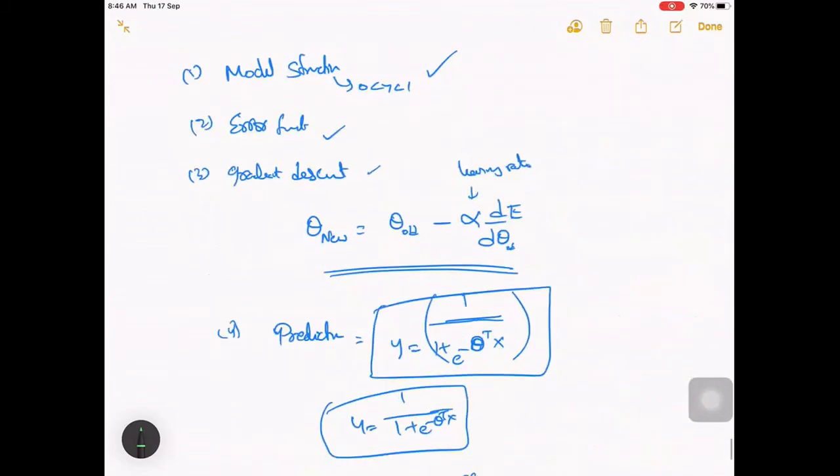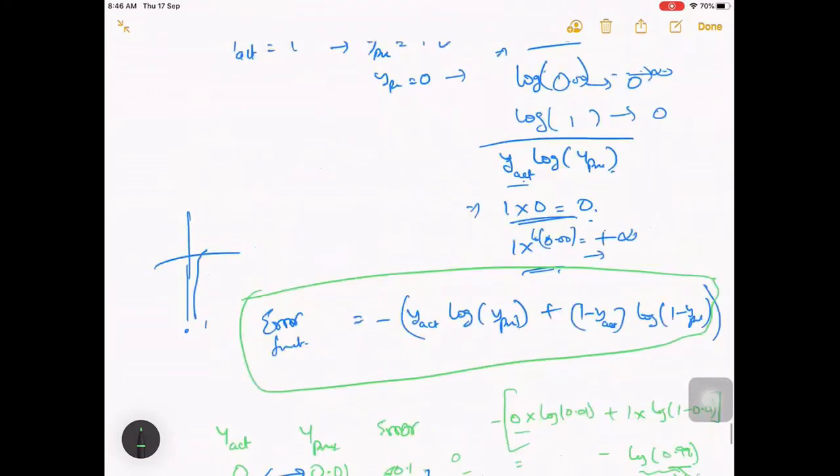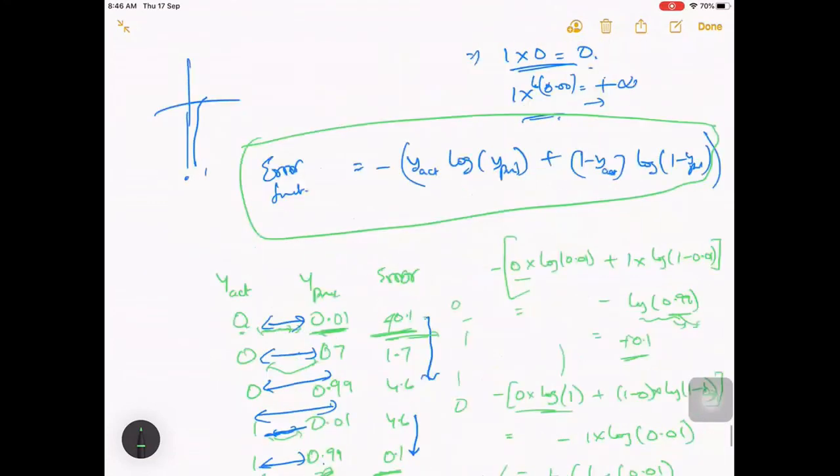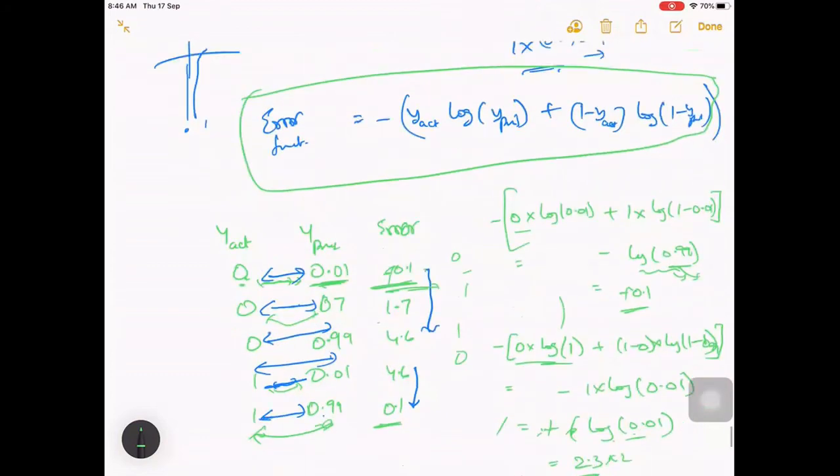Think about it: if you use this function and it is doing like this, we are getting many crores of loss if there is a wrong prediction. If this value is high, meaning it is wrongly given, then you are penalizing with more cost, right? So you are getting more loss. Think of it in that sense, then it will be more relatable.